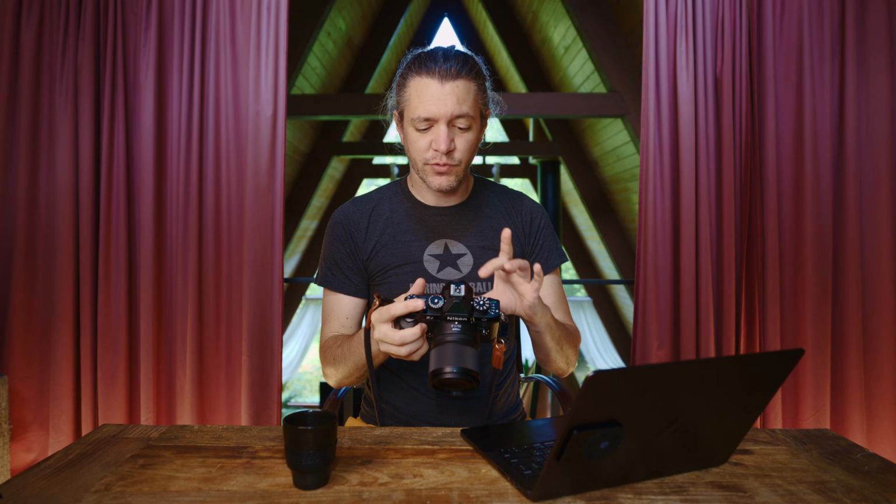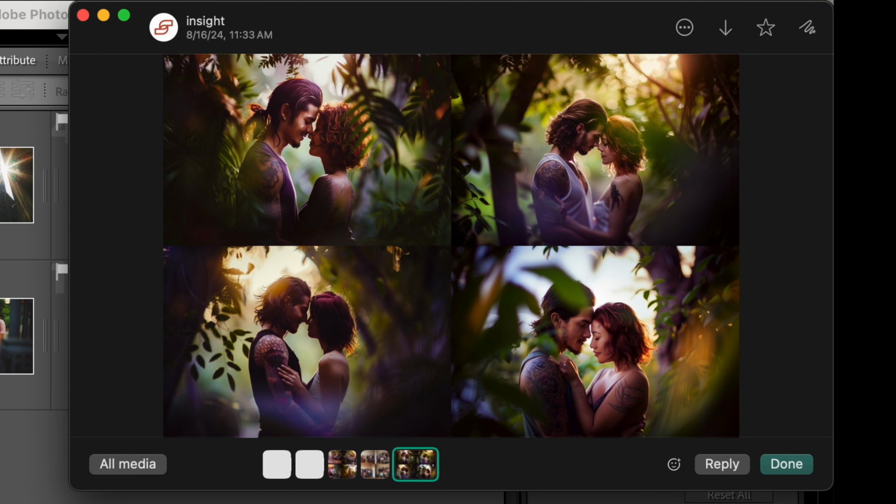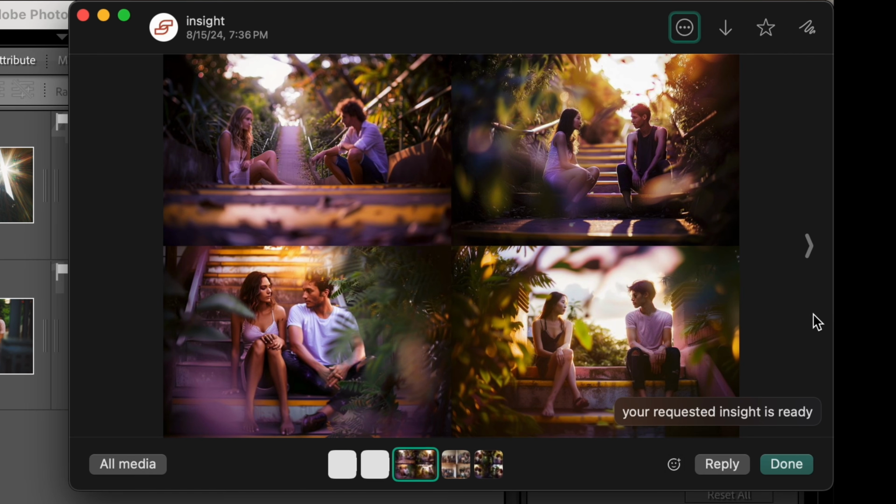So why might you send your photo somewhere? Well, Insight does the work of taking your original source image and then creating 4 new pose ideas sent directly to either iMessage or WhatsApp. If you have a preference between either, I know WhatsApp is a lot more popular internationally, but sometimes you get stuck shooting in a certain location, or maybe you go through your normal routine of poses, and maybe you're just playing it safe with your framing, and you always have your couple together. What Insight does is it uses Gen AI technology that I have also trained on 2 million of my photos